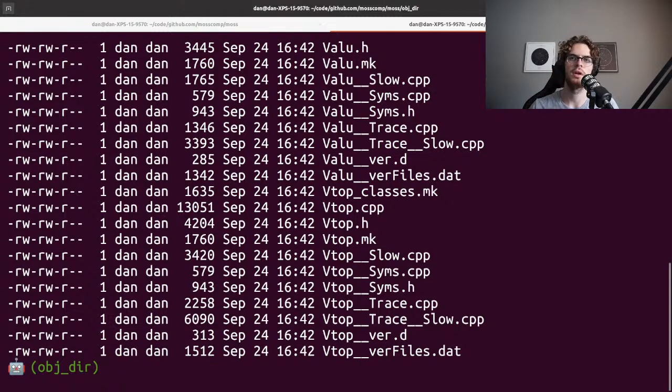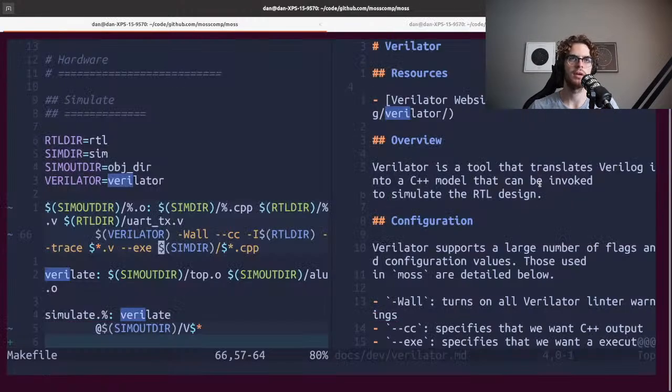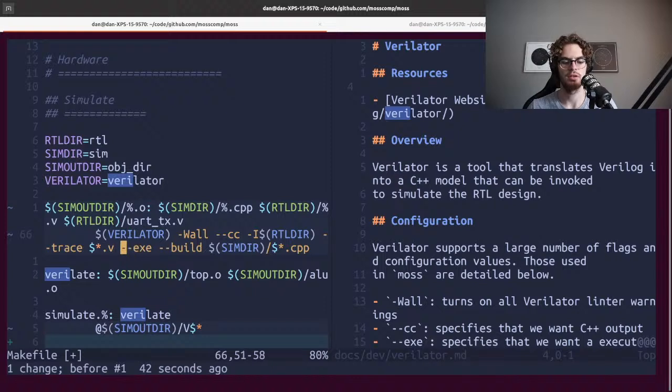So it's specifying we want an executable. So I think if we don't pass build, it's not going to build the shared library or executable or whatever. But if we pass build, and actually, let me just add that back, and not exe, then we should just get